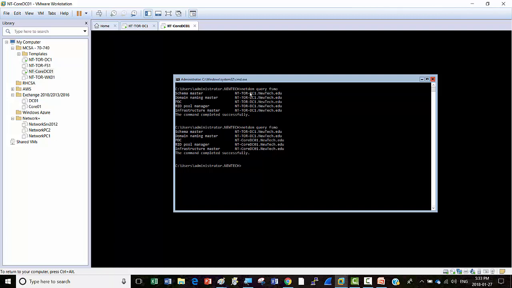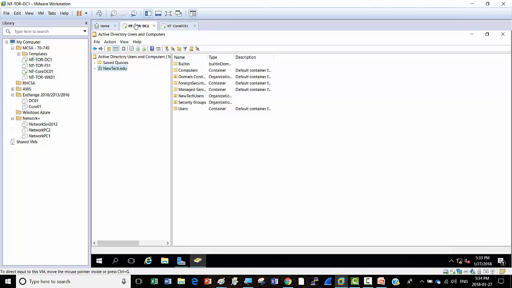If you remember the first command, all of them were on the first domain controller. Now they are split between those two servers: 2 on one server and 3 on the second server. So please come back to the GUI server,